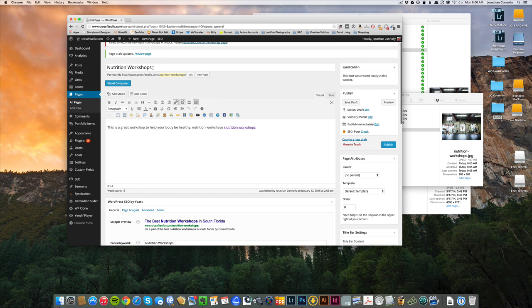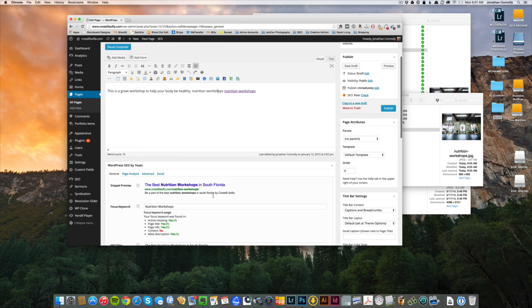Make sure your phrase, like your title phrase, is repeated multiple times, and make sure it's not over the top or too much, but just make sure it's in there a couple times. If you can take your keyword phrase and create a link out of it, or make part of your phrase or the whole phrase bold without the link in another section, little things like that will help. Don't go too crazy with it, but just make sure that nutrition workshops is in here,